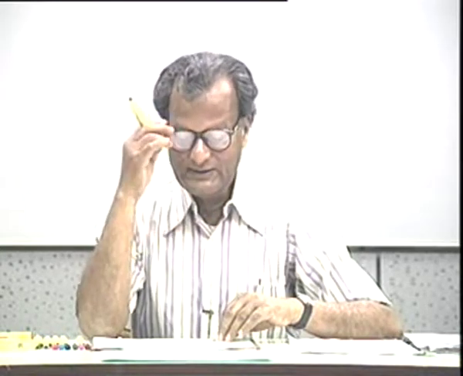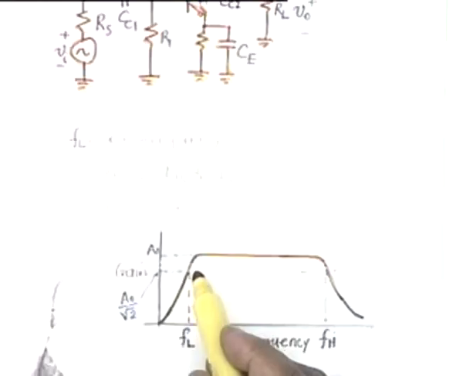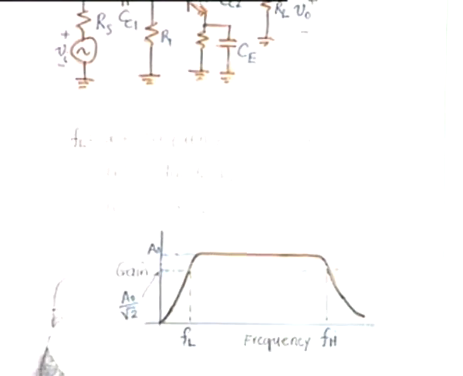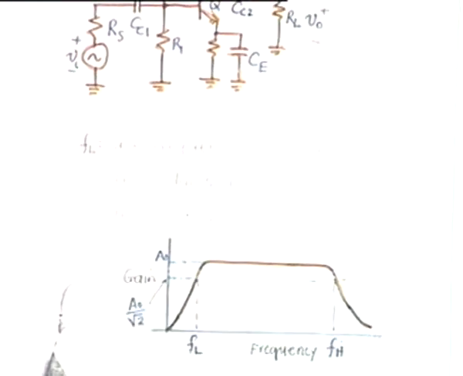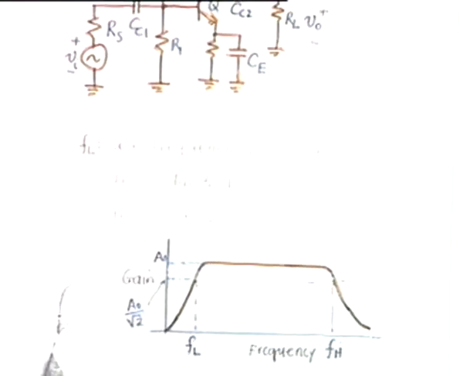So it is a fact of life that in discrete circuit design we have to use these three capacitors, and if you want to make it wideband, that is, if you want to reduce FL, this is where a quality stereo amplifier costs. If it has to go right up to a fraction of a hertz, it costs a huge lot of money, because the capacitors have to be high valued and very high quality, and that is where you pay the money if you want low frequency response. Well, if you don't want it, then no problem.